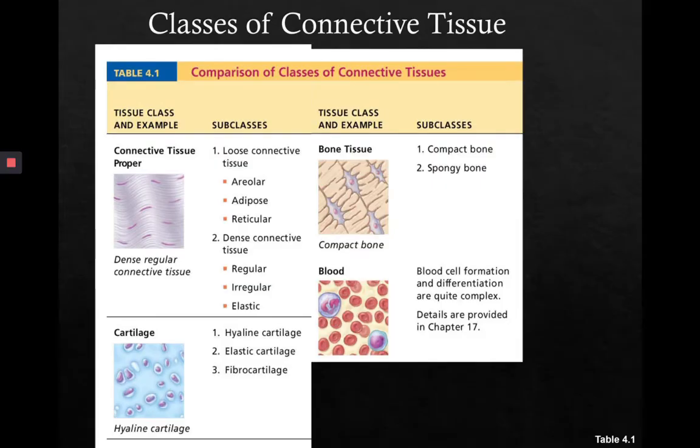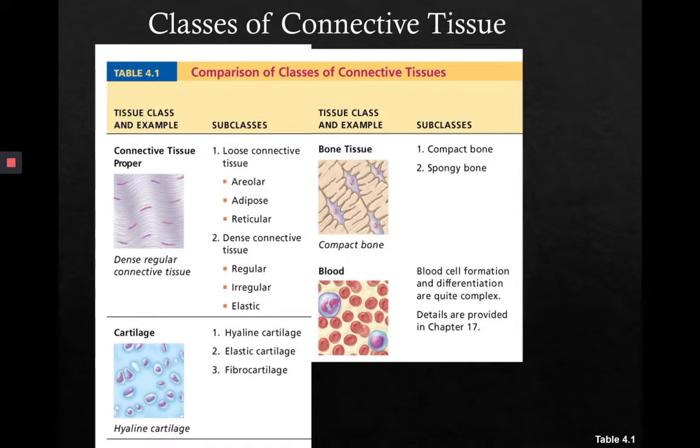Here we have the 4 types laid out, and we can see that there's connective tissue proper, cartilage, bone, and blood. For connective tissue proper, there are 2 subclasses: loose connective tissue and dense connective tissue, and there's 3 tissues in each of those 2 subclasses. There are 3 types of cartilage and 2 types of bone. We will mainly focus on compact bone, and we'll look at blood, which is an atypical type of connective tissue